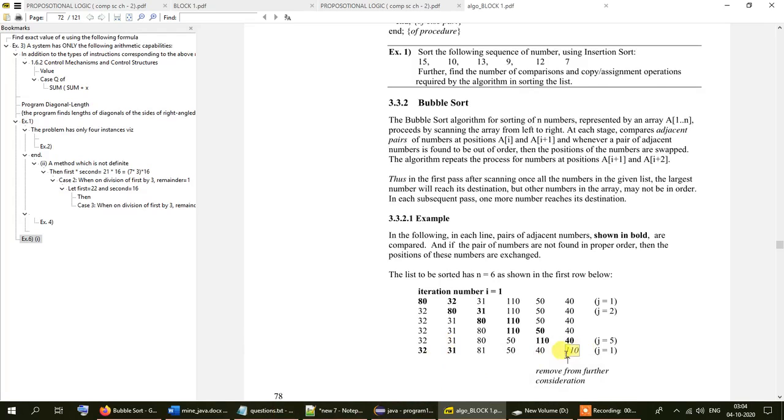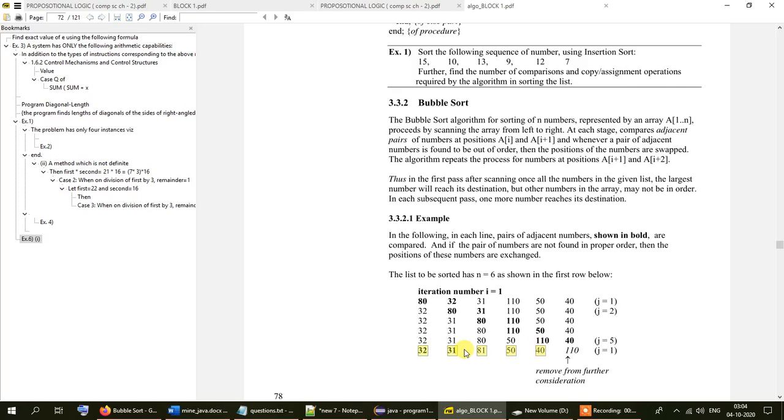As 110 is the highest element, it has already settled at the bottom of the list, so we do not need to include this last element in our subsequent sorting process. We can discount this element from the subsequent sorting steps, and we can simply compare these 5 elements in the remaining steps that are still left to be performed.